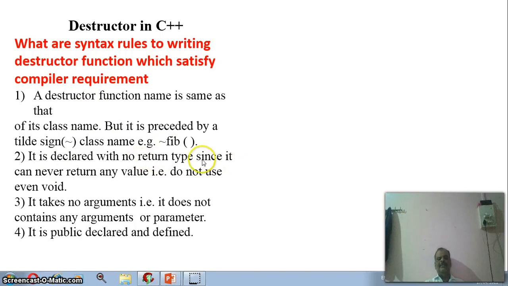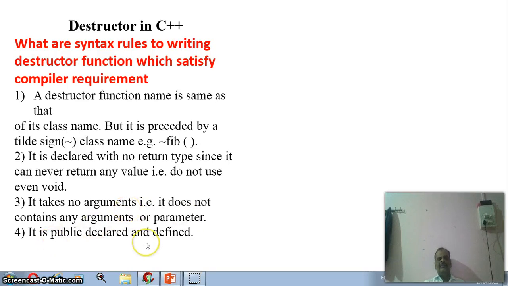How it works, I will also give a practical demo. You cannot use a return type such as int, char, float or even void, and it cannot take arguments, that is, it cannot have a parameterized destructor or default destructor, but a constructor has those types.